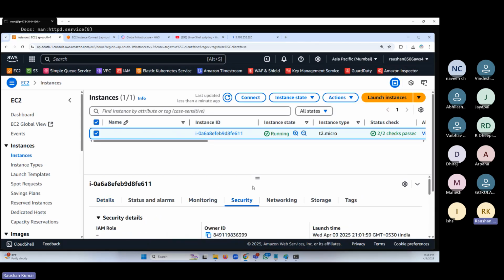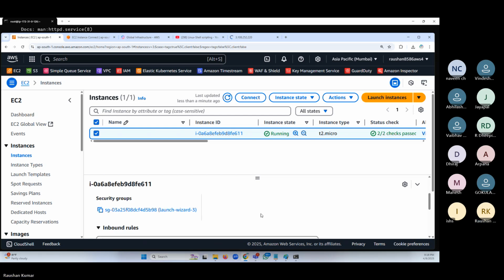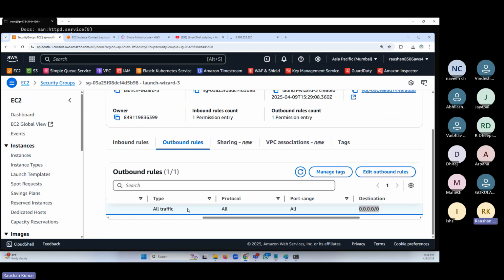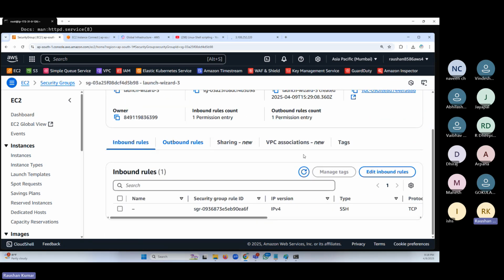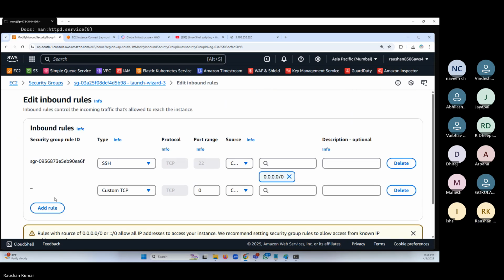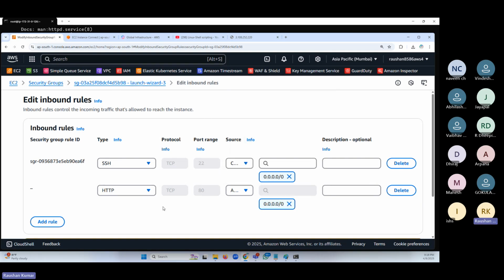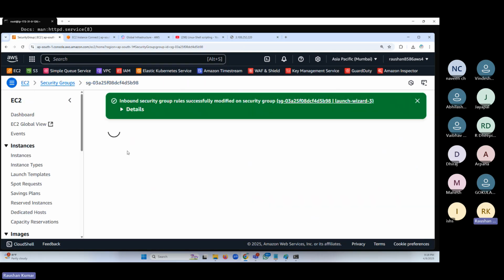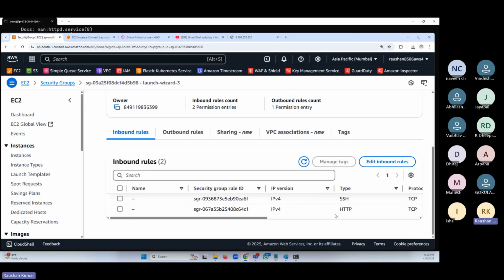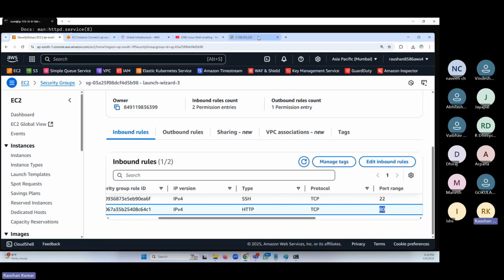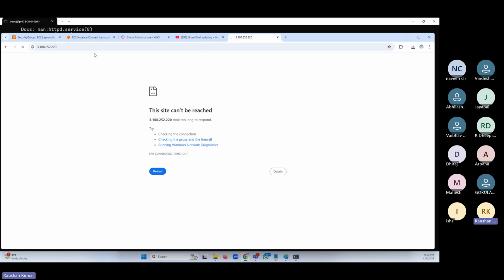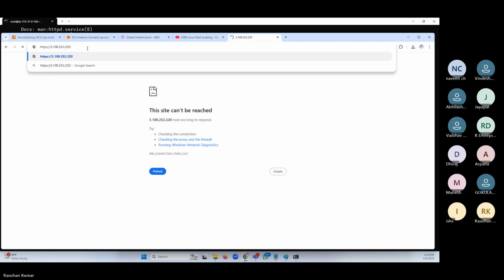I need to let the bodyguard know, boss, allow the HTTP protocol also. In the inbound rules, I need to mention the HTTP protocol, which happens on port 80 by default. I need to let this guy know, boss, please allow port 80. So I have added port 80, friends. Once I've added this, you'll be able to see the application being loaded. This page is coming from my server.